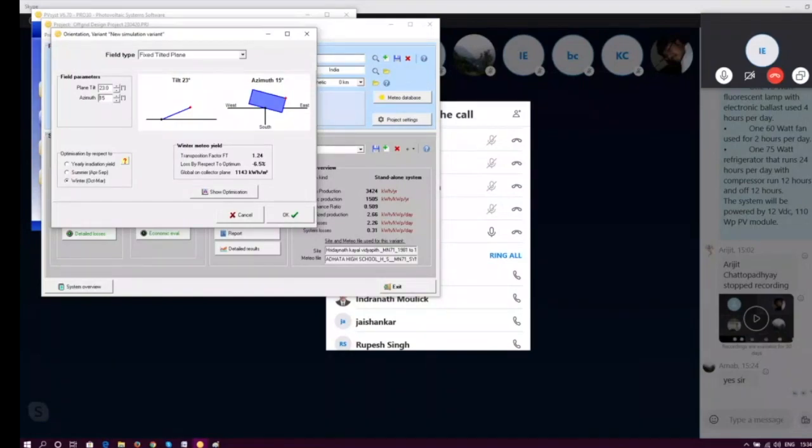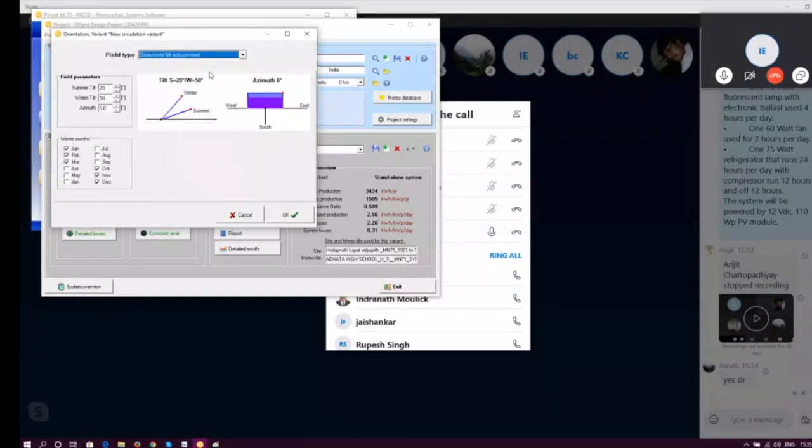Even on the screen you can see once I have changed the azimuth, the blue shaded portion has changed. It has shown how the roof is positioned relative to the exact south, right? So the roof position has already changed to show you the exact azimuth. Once it is done, we have selected the fixed tilt option. It's a small plant, so we will go for fixed tilt. If you want seasonal tilt adjustment, you can check seasonal tilt adjustment too.